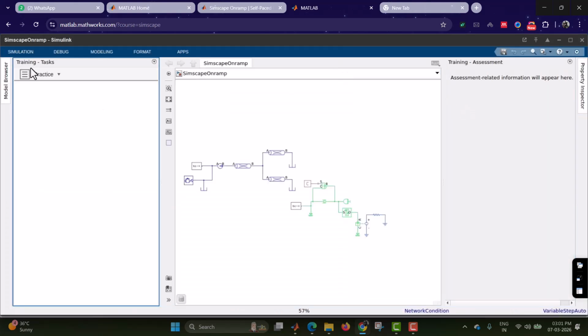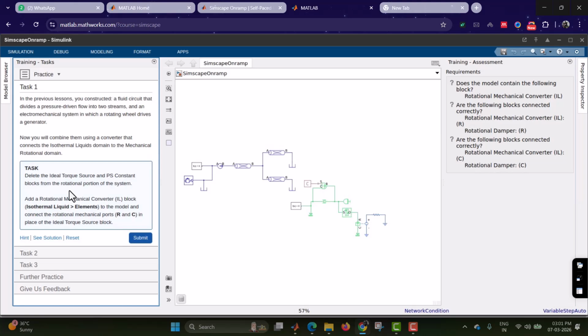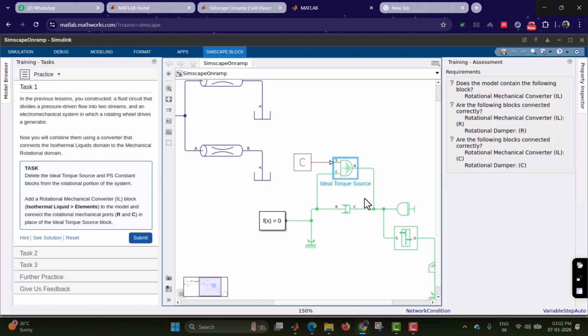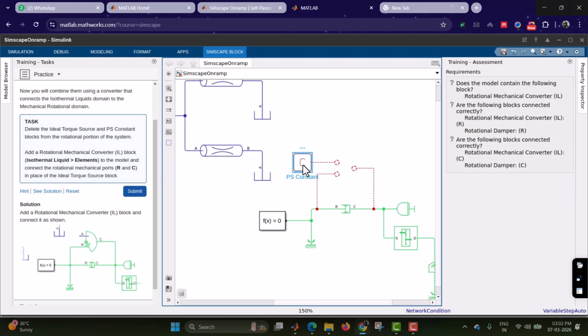In the last subcategory of this category, the sixth one, here we have to delete the ideal torque source. Okay, here we have the ideal torque source. We have to delete it. For any clarification, you can see the hint, or you can have a clear view of the Simulink picture. You have to delete the ideal source as well as the PS constant block from the rotational portion. Like this you have to delete,